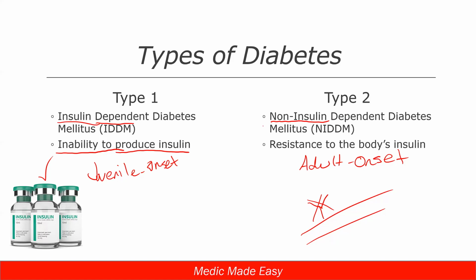For type 2, non-insulin dependent, these are not medications that you're super responsible for knowing, but they can help you in a national registry style exam question, where you have a description of the patient, and they tell you the patient is on this medication, this medication, this medication. Even though it's not a medication that we can assist with, if we have more recognition of some of those medications, then we're more likely to say, okay, because they're on that medication, that's telling me it's a diabetic patient. So maybe that factors into how I'm going to answer that question.